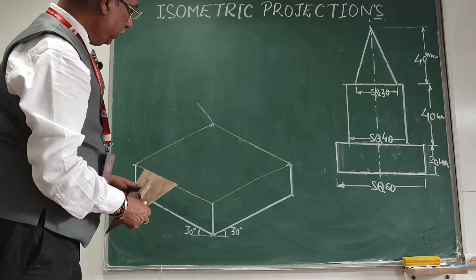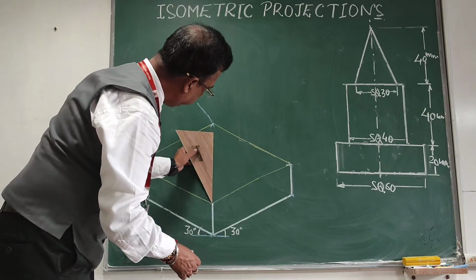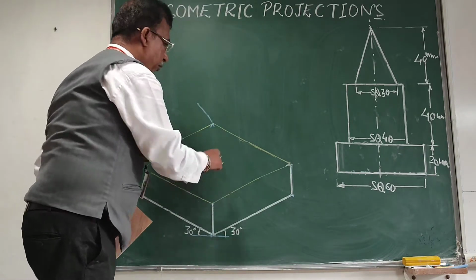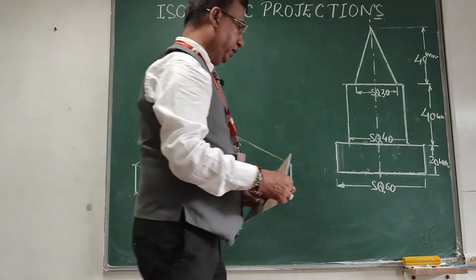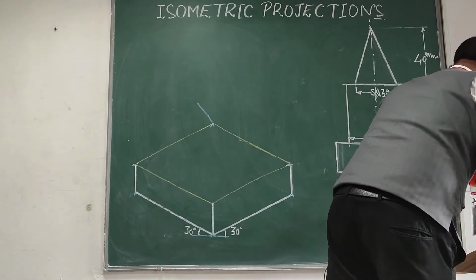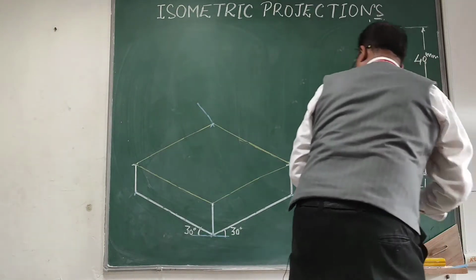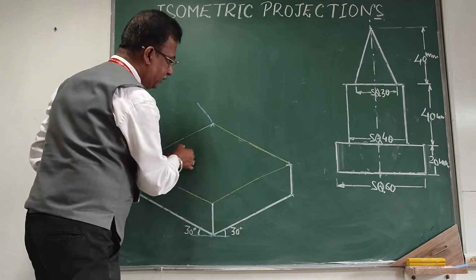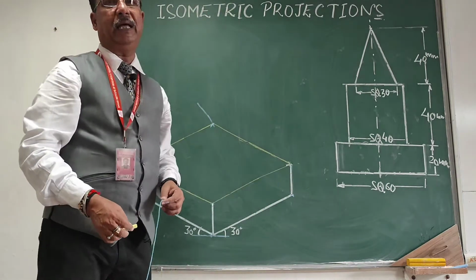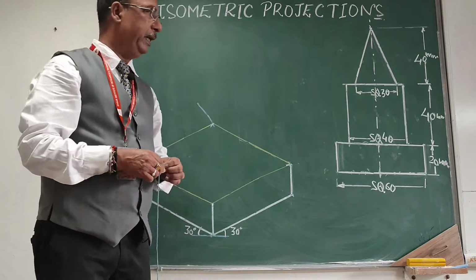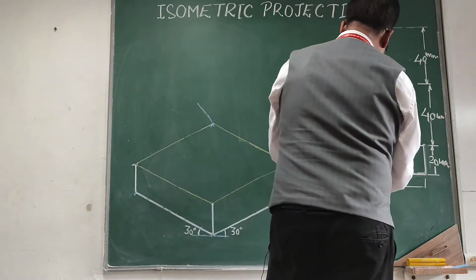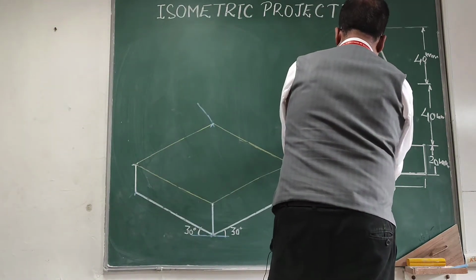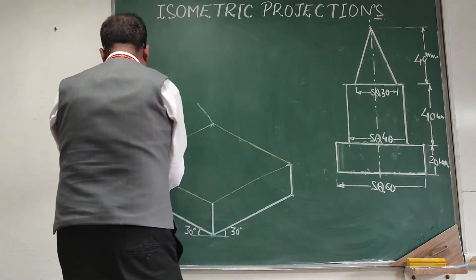Now, above this square block there will be a cube of 40 mm side. So, the 40 mm side I want to place again centrally. If I shift 10 mm from all the sides, then inside this rhombus I will get a rhombus of 40 mm side. So, what I will do, I will shift 10 mm from all these corners like this,